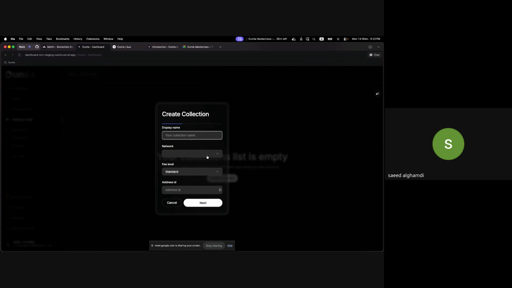So let's do one now, real quick, for a collection. Let's say Trust and Pay Access Badge, network Ethereum testnet.